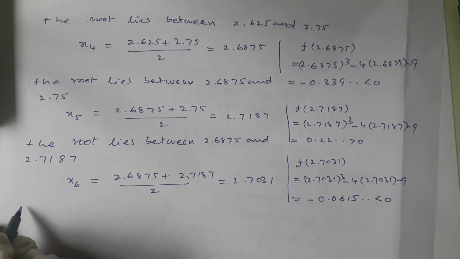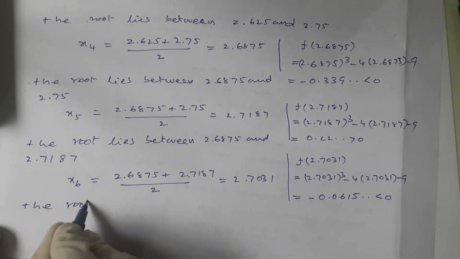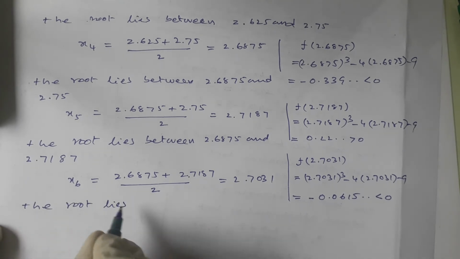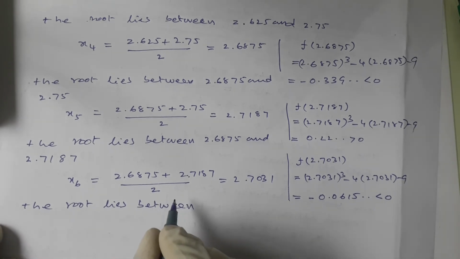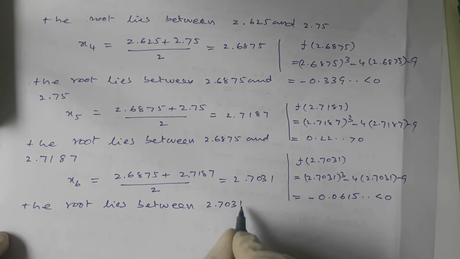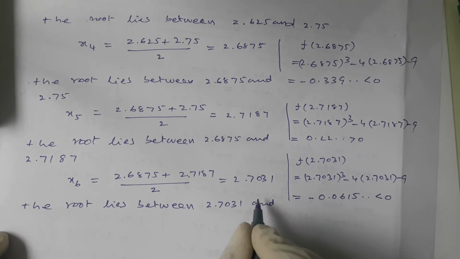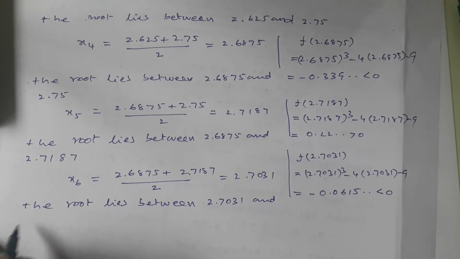The root lies between 2.7031 and 2.7187. x7 is equal to